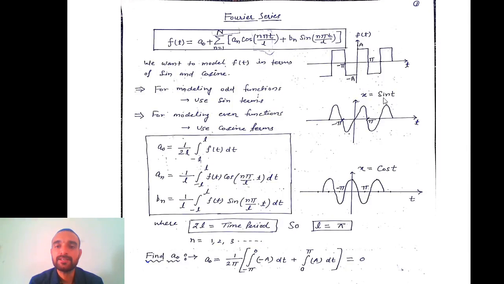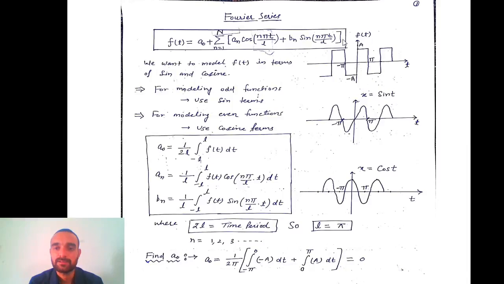So it is a particular time period from minus pi to pi. Capital T is the time period. This signal starts from minus pi, and when it reaches plus pi, after that point the signal repeats itself. So it is a periodic signal. Periodic signals can be defined by the Fourier series. Basically, Fourier series is used only for periodic signals.